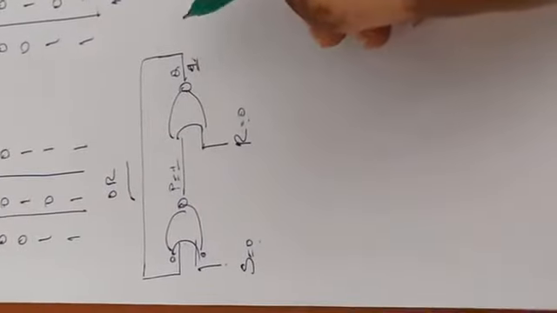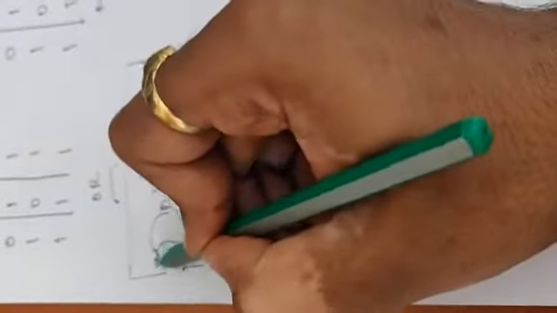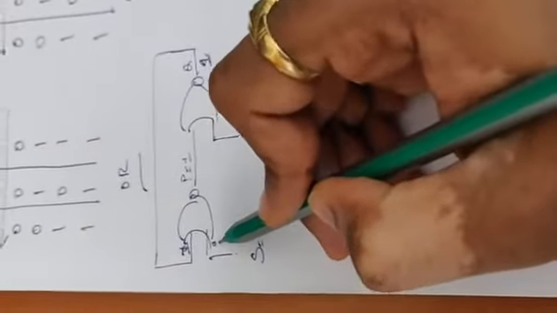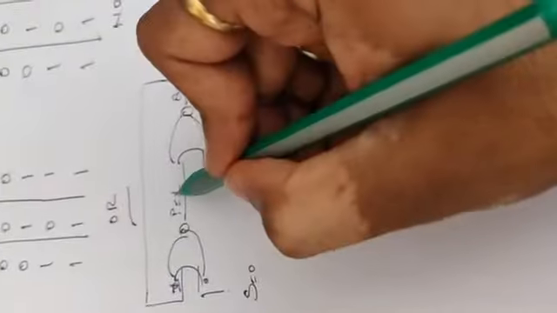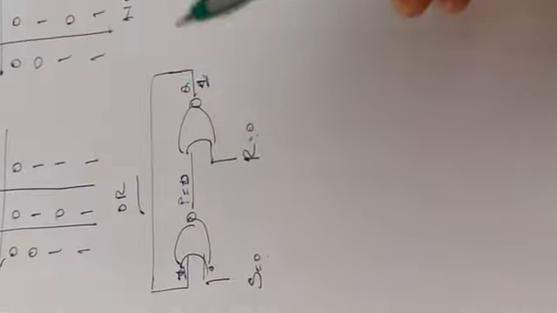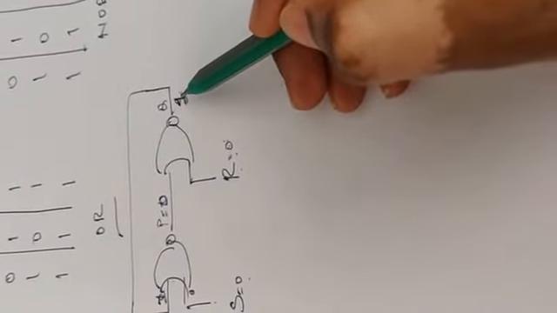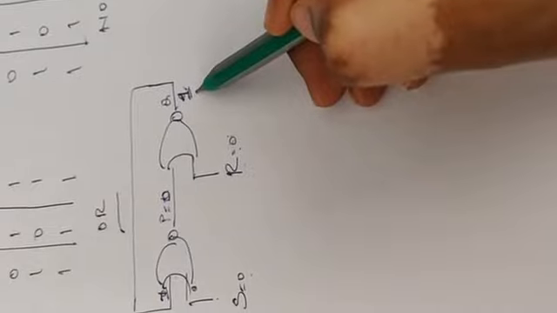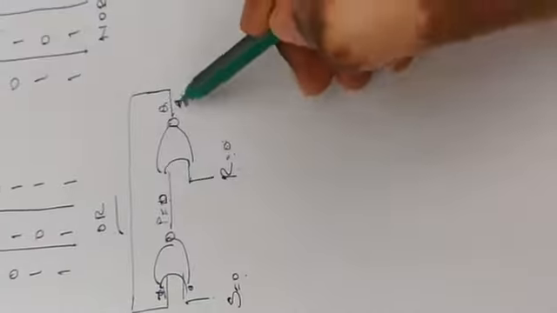Let me assume Q is equal to 1. So if this is 1, it will get back to state 1 here. So 1 and 0, what is 1 and 0? It is 0. Now P will become 0. If 0 and 0, what is 0 and 0? It is 1. So just now in the second transaction I assumed Q is equal to 1. Again it gets back to the same state, Q is equal to 1. Again I am going to pass 1. 1 and 0 is 0, 0 and 0 is 1.